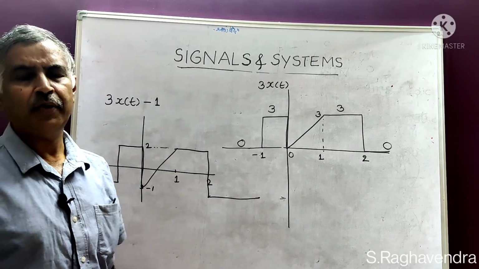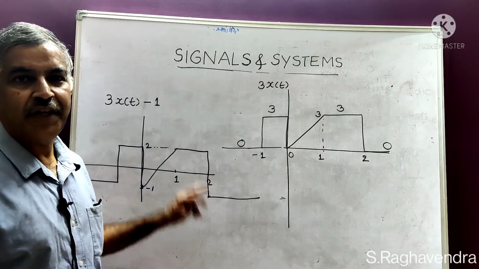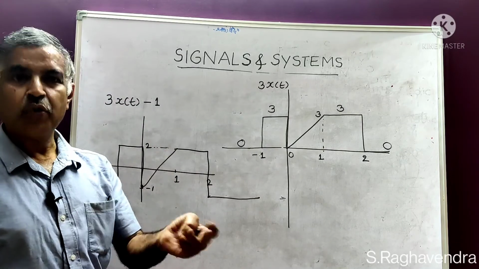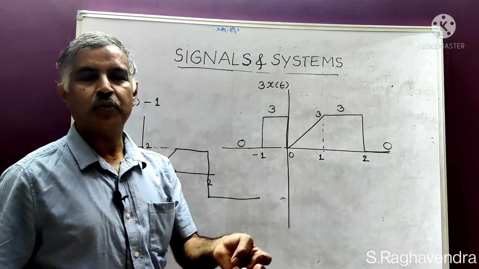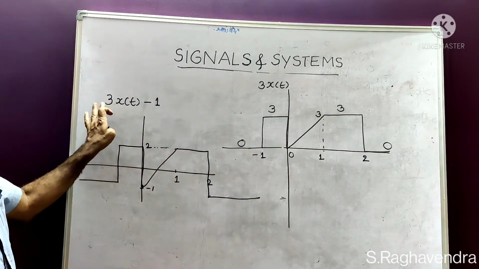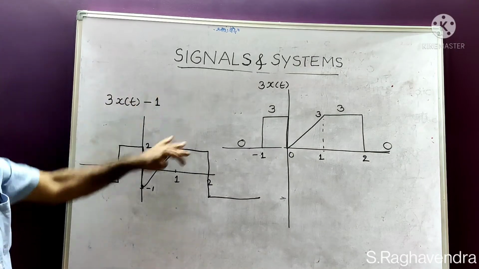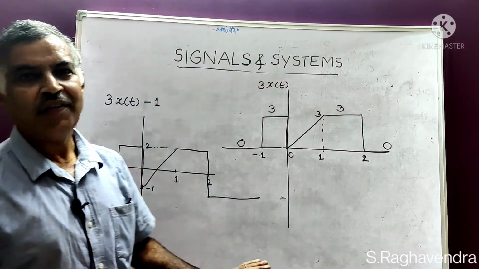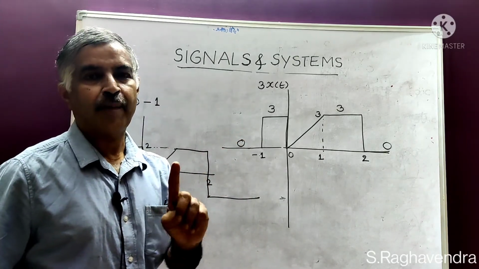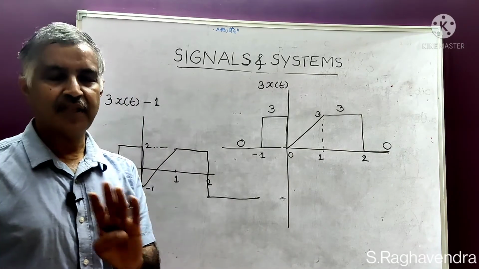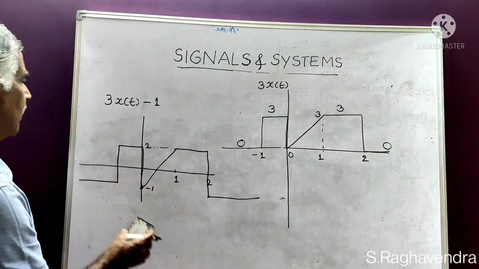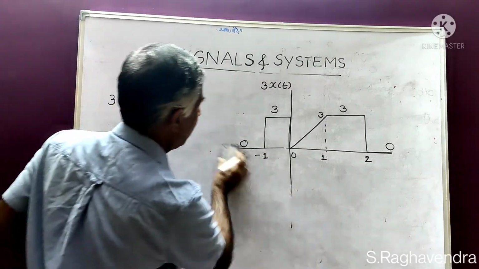One point I will remind you: in basic electronics you have studied clampers. In clampers we used to add a DC level, or we used to subtract a DC level. So it is an example of a clamper circuit. So this is one of the operations performed on signals. Now I will conclude this class by giving one discrete signal example. Discrete signal example is rather easy for you. No confusion.